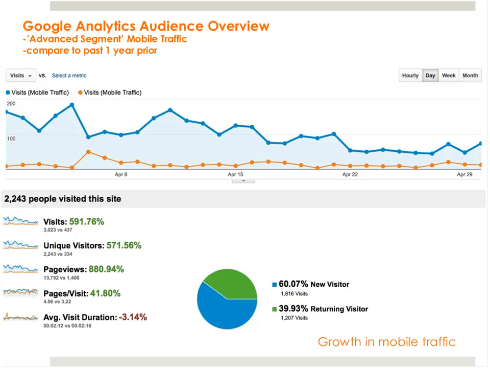Going back into the audience overview report, this is a way to compare engagement from your mobile traffic versus engagement from people coming through the standard route. If you tick advanced segment, both advanced segments, all visits and mobile traffic, it then does a comparison, and if you scroll down you'll get these engagement stats. This shows you the pages per visit, the average visit duration, and the bounce rate, which is the number of people who stay. Simply put, it's the number of people who stay on one page and then leave.